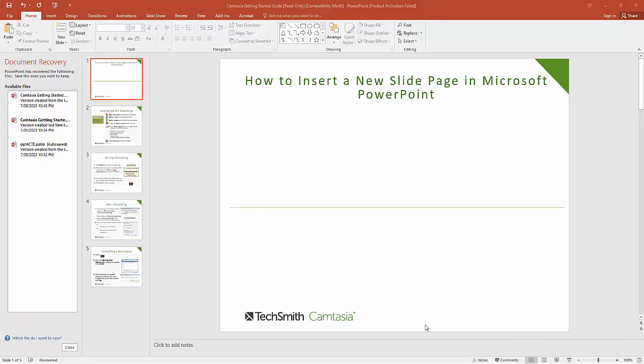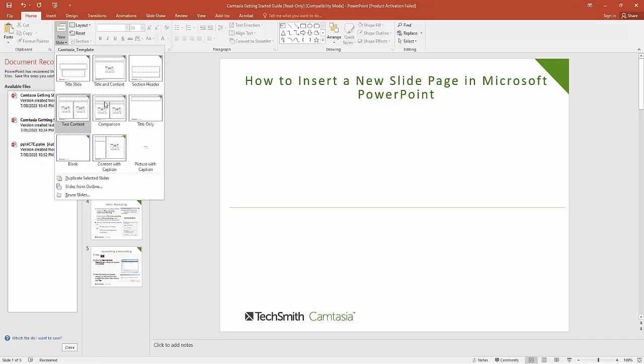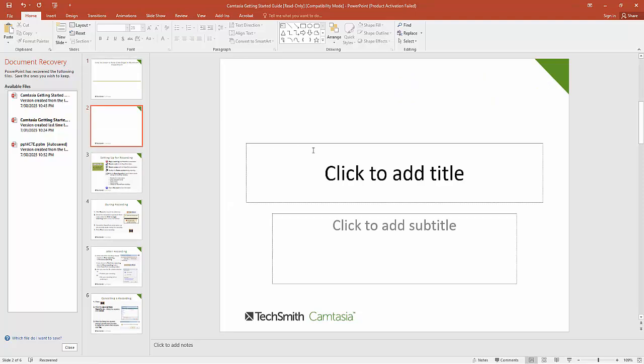Now we can go to the Home menu option, then click. Now I can see, then select the New Slide option. Then I can see the new option. Now we see the title slide, and then it shows that it's